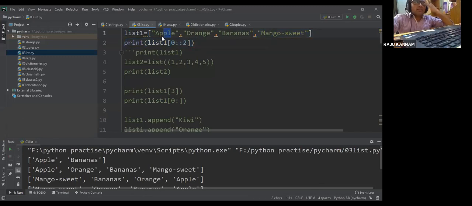So the meaning of this is, I'm starting from 0. So I want to print the list from the 0th index to here. I will not give anything, that means till the end of the list. So every time it has to increment by 2. So first it will be printed, then 2 will be incremented. 0 plus 2, 2. So the element which is at the second index will be printed. Then 2 plus 2, 4. But at 4 there is no other element, right? So that's why it will stop printing.